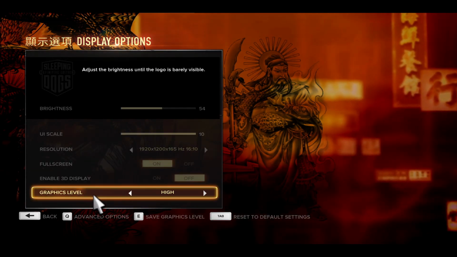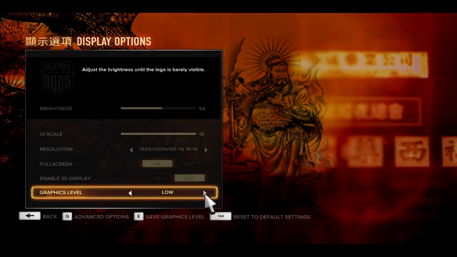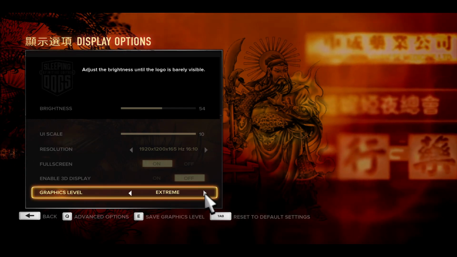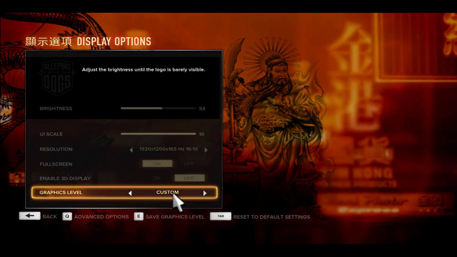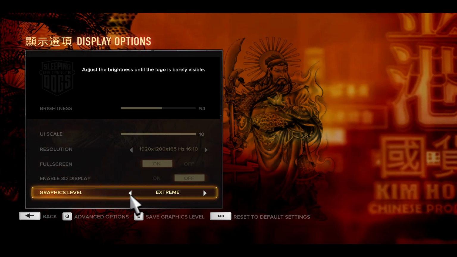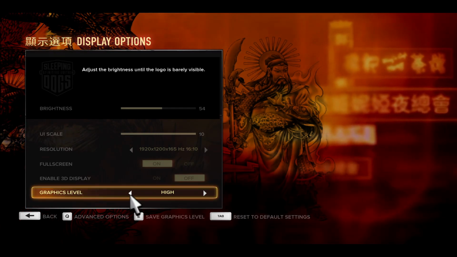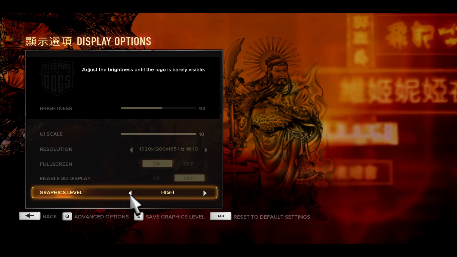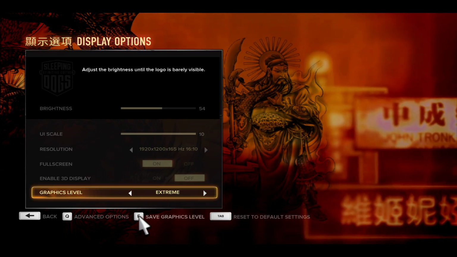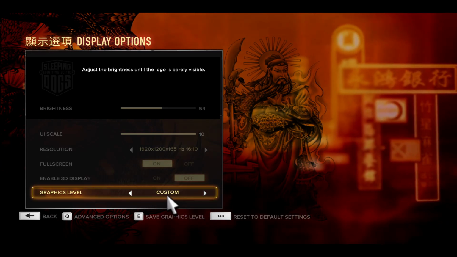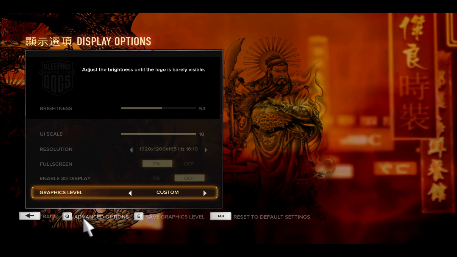And at the very end, you have the graphics detail. You have various options within this, ranging from low, medium, high, and extreme. There is also the custom option that you can choose to make your own desired changes. You can try to use the extreme and high presets first and see how they perform within your game. If you notice any lags or issues, then you may try switching to medium and save your changes by pressing the save button. Now, if you choose the custom option, tap on the Q button to go into advanced options,